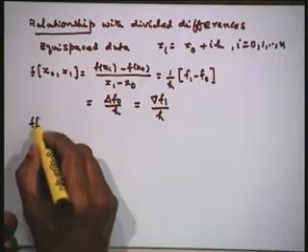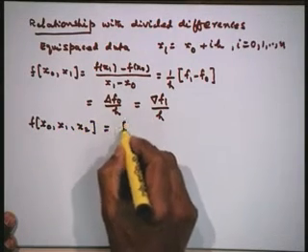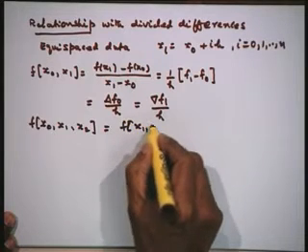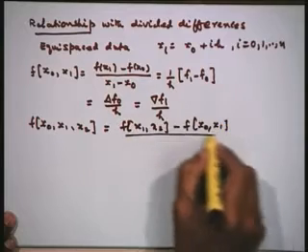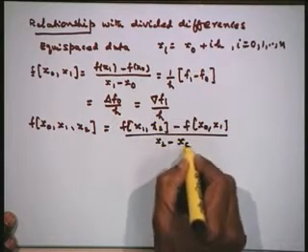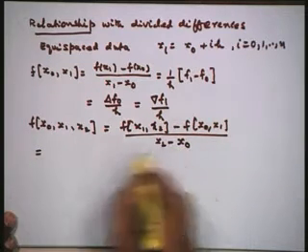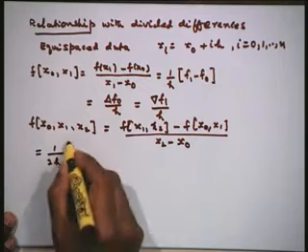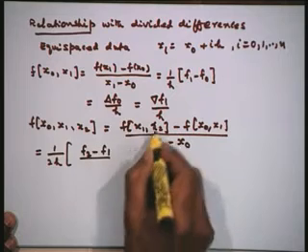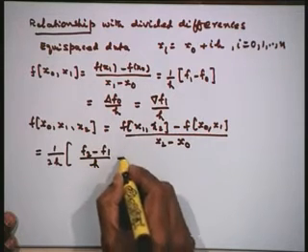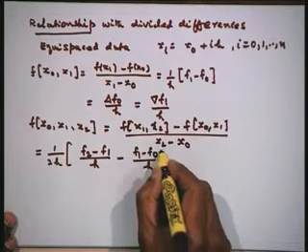Now, let us take the second divided difference, f of x naught x 1 x 2, is equal to f of x 1 x 2 minus f of x naught x 1 divided by x 2 minus x naught. Now, x 2 minus x naught is 2 times h, that is equal to 2 times the step length. Let us open this up. This is f 2 minus f 1 divided by x 2 minus x 1, which is again h, minus f 1 minus f naught, x 1 minus x naught is also equal to the step length h.